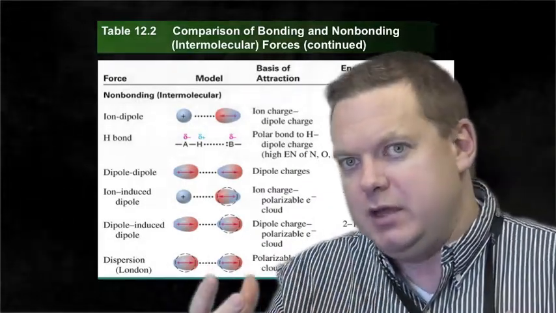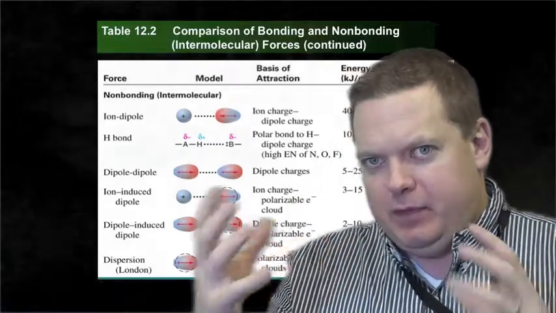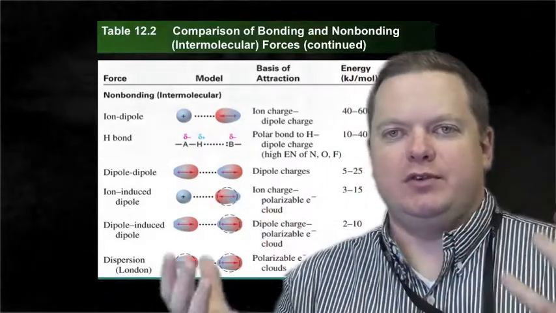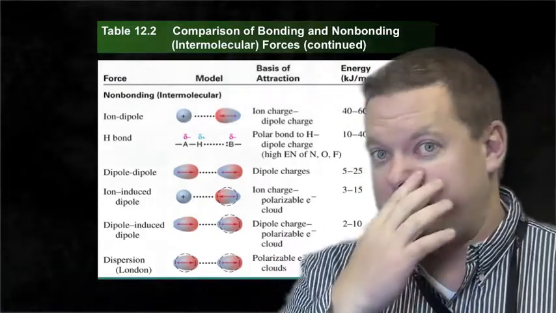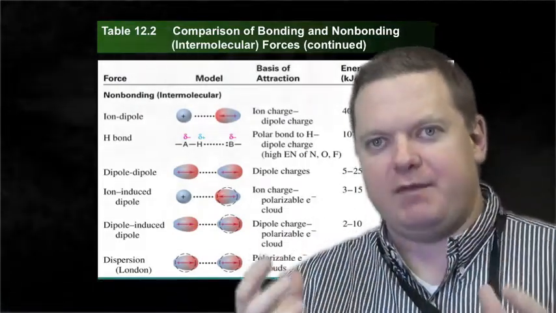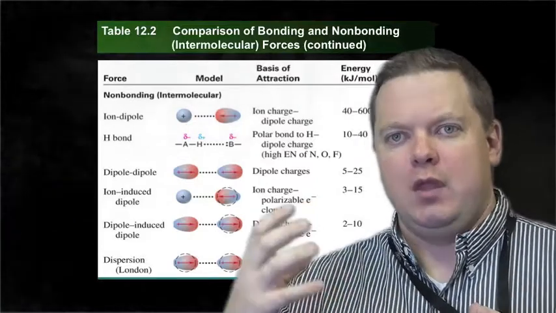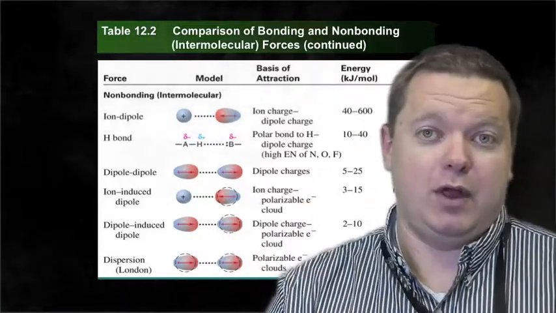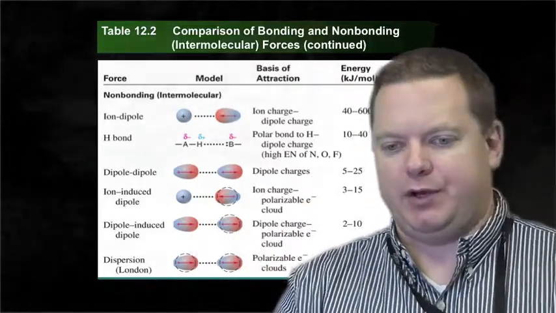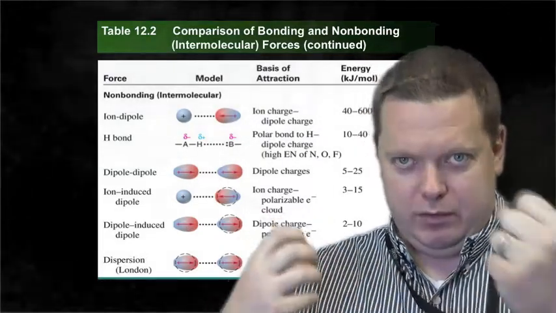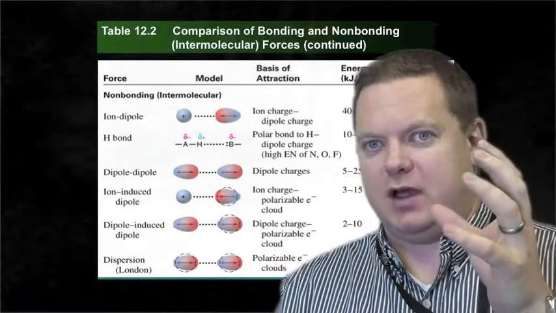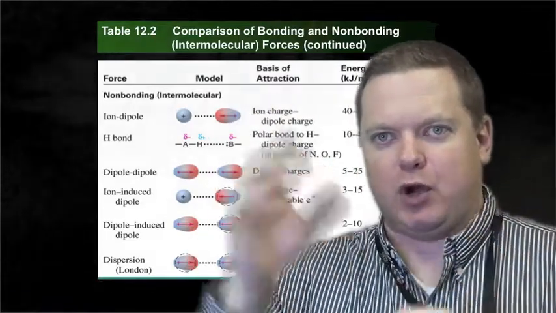We learned recently about looking at the three-dimensional shapes and how those differences in electronegativity are summed across those shapes to get us a polar molecule. So if we have a polar molecule, that is capable of having this dipole-dipole interaction. Right? So we have this polarity, the partial positive side of one molecule is interacting with the partially negative side